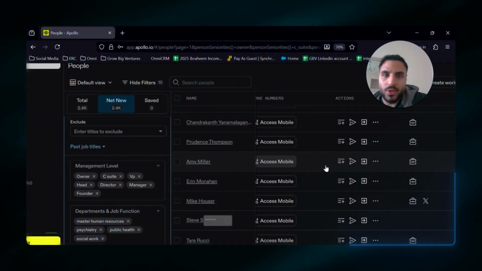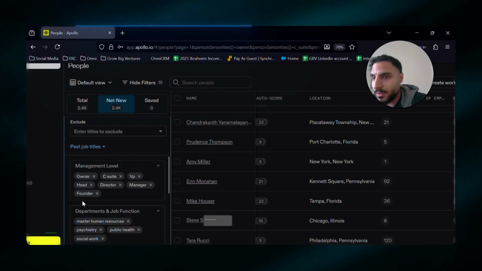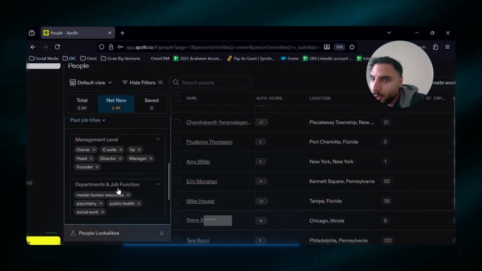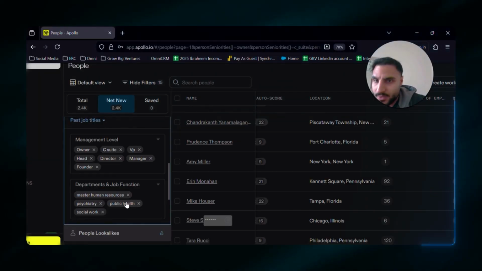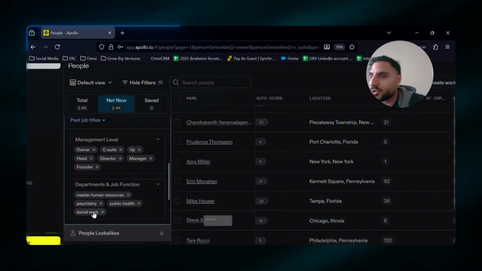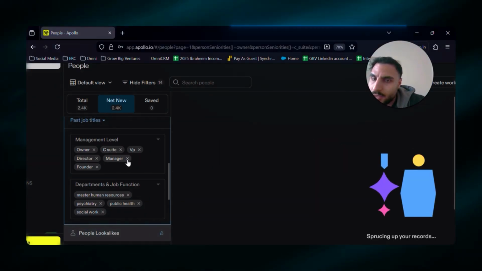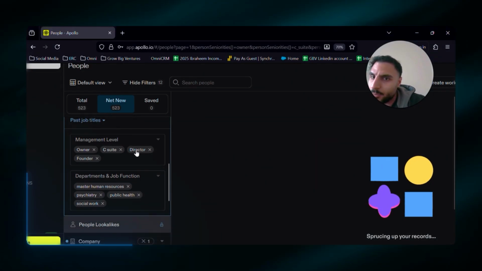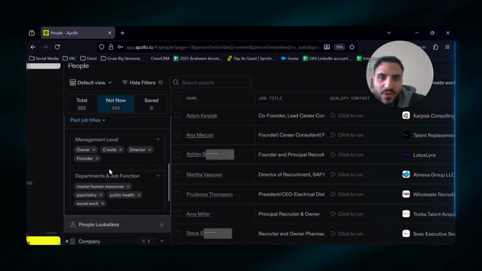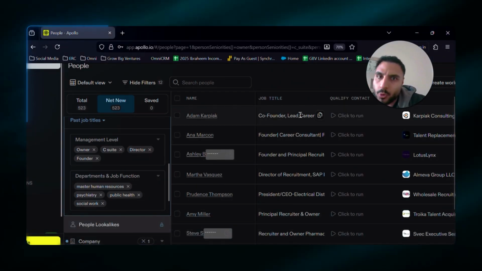You'll be able to see their emails, who they are, and you'll be able to get that information on them. Now, if you have departments and job functions, you can essentially filter by recruiters that work specifically in HR, or public health or social work. And if you start to remove the heads, the managers, the VPs, and you keep only director, C-suite, owner, founder, you'll start to see recruiters, people that actually recruit, who are also